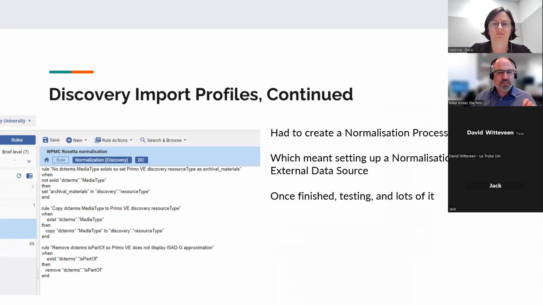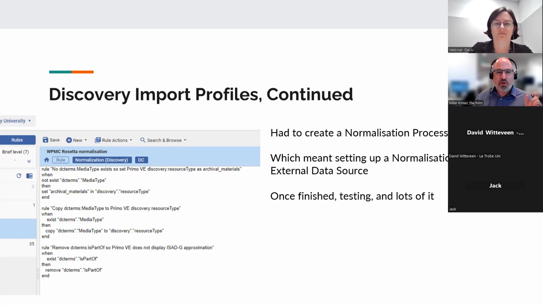And you'll see in this example here, there's a couple things. One, to set the discovery resource type so it appeared correctly within the facets within Primo VE was one of the normalization rules. The other one was to